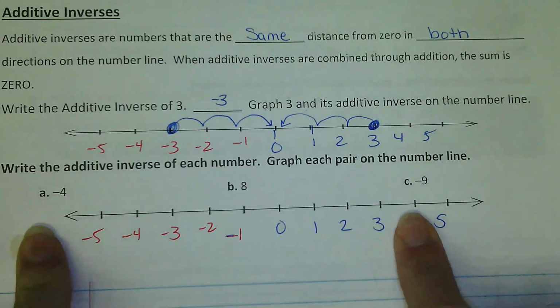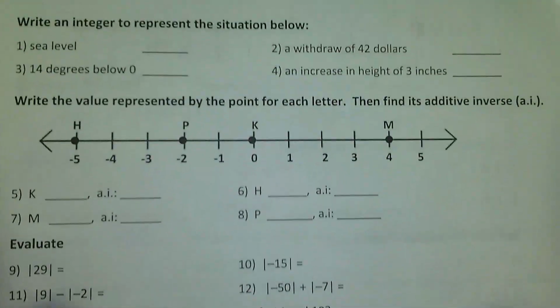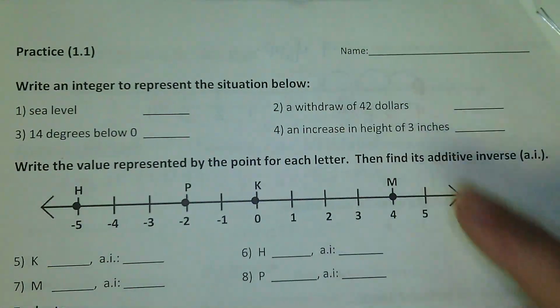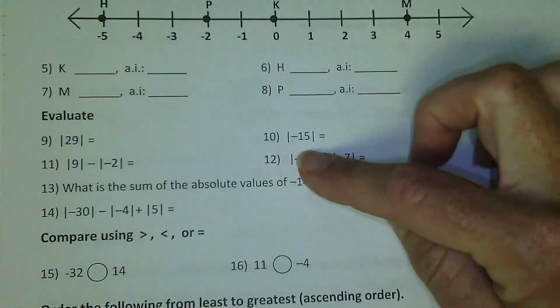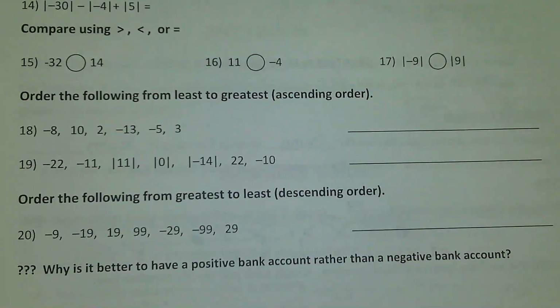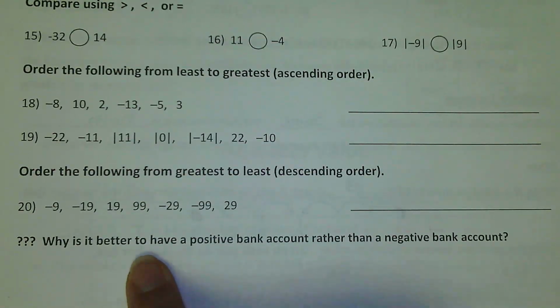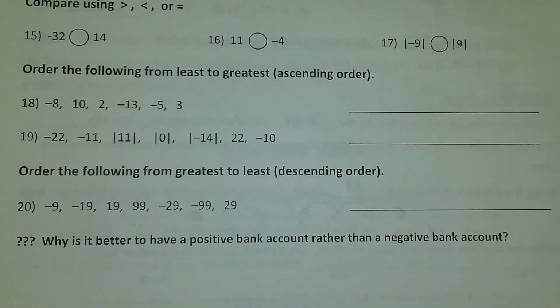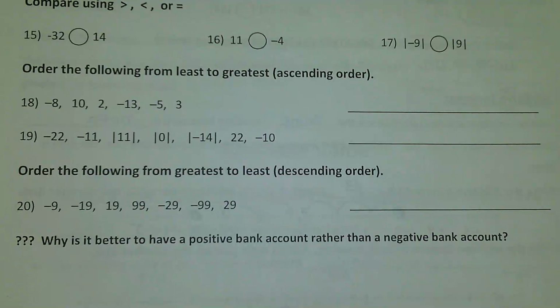I would like you to complete this problem on the back of the paper as your practice, to go through all integers, comparing them, absolute values, and putting them in order. Good job. And when you're done, we would answer the question at the bottom. Why is it better to have a positive bank account rather than a negative bank account? You may write on this and use it for